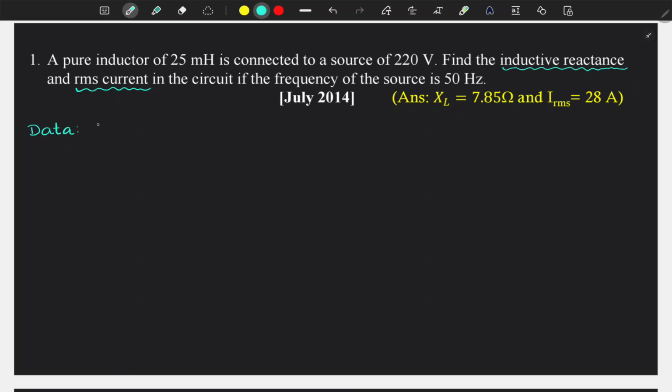Data given is a pure inductor is connected to an AC source. Here there is an inductor and AC source here. Okay, so now the value of inductance is L is equal to 25 millihenry